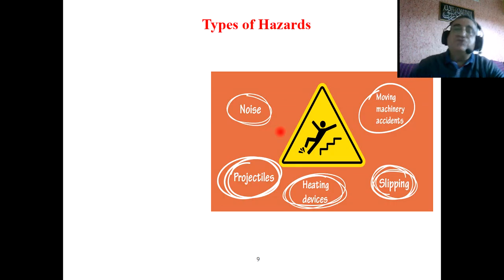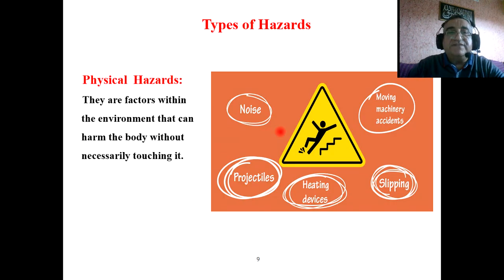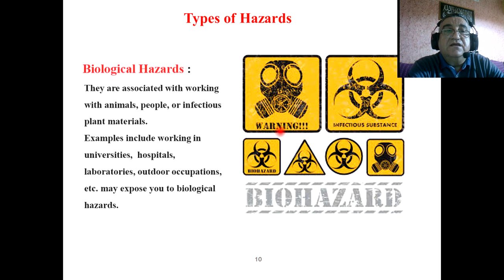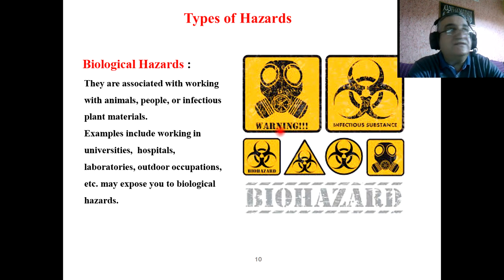We have also what is called physical hazards. Here they are factors within the environment that can harm the body without necessarily touching it, such as noise, projectiles, heating devices, moving machinery, even slipping. We also have biological hazards, and as you know, we are facing biological hazards with the coronavirus,